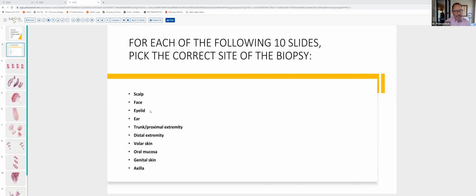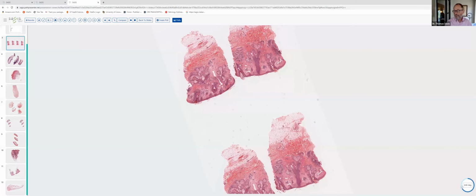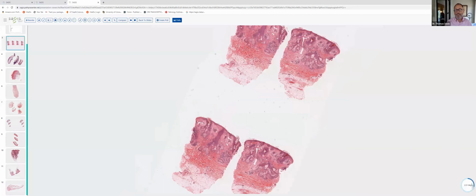So I gave you an answer bank here of various locations. We'll go ahead and just look at the slides, and then I'll tell you where each comes from and what the criterion was that I used for that. Okay, so let me flip this particular slide. The focus here is not going to be so much on